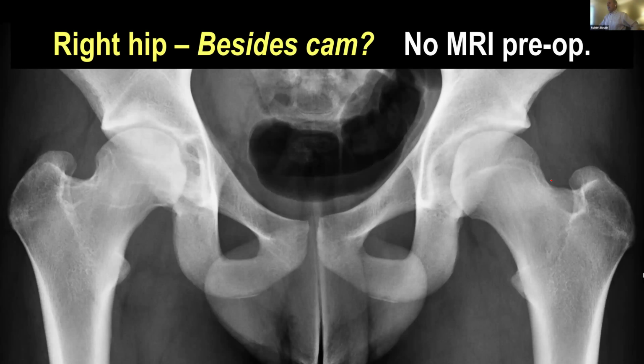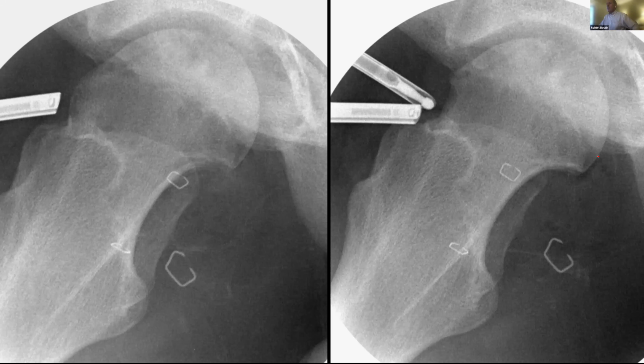Is there anything besides the CAM morphology that was discovered preoperatively on the radiographs? No. Did they get an MRI? No. What do we see here? Oh no, we've got some erosion at the medial aspect of the acetabulum. That's sort of funny. I don't know why we have that. The surgeon goes in, here are the fluoro spots to address this osseous hypertrophy and do an osteoplasty or chelectomy.